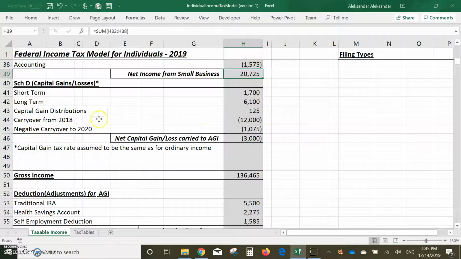If the previous year we had a net loss of more than 3,000, we are only entitled to offset the ordinary income with 3,000. So in this case, if we had 12,000 previous year, it gets carried over to next year, and then our net amount for 2019